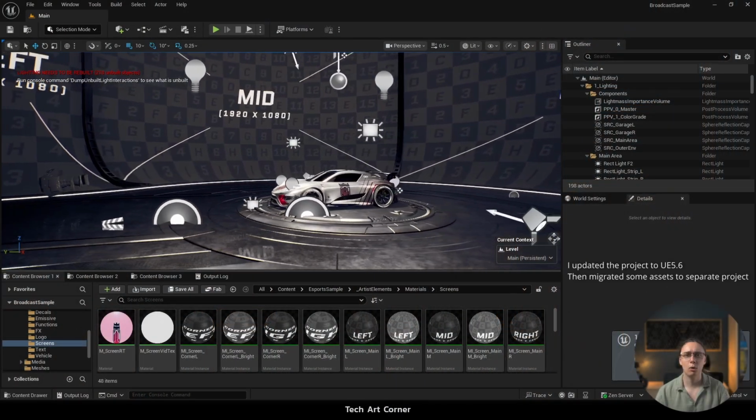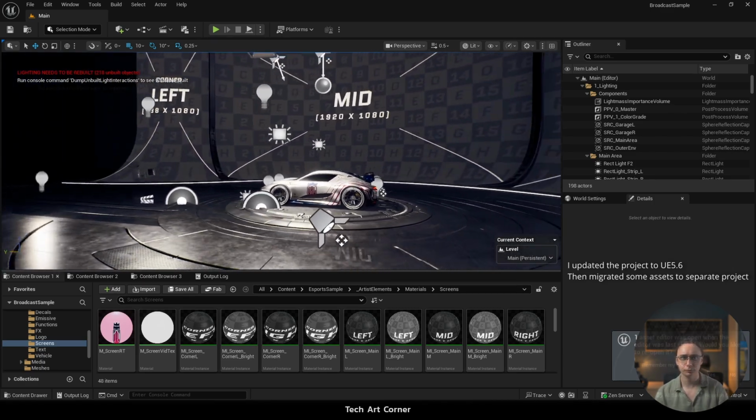Lastly, there was some point when everything was placed, and I created a simple environment scene based on old broadcast sample from Unreal 4. I really wanted to have some lamp model in the scene because in real life we are lit by physical objects. So if something shines lights on me in the scene, it should also be physical. It also helps to sell the effect. It makes you feel that something is real. But there was not so much space between me and the camera because it was recorded in my living room and it was only 2 or 3 meters. So I decided to go with something